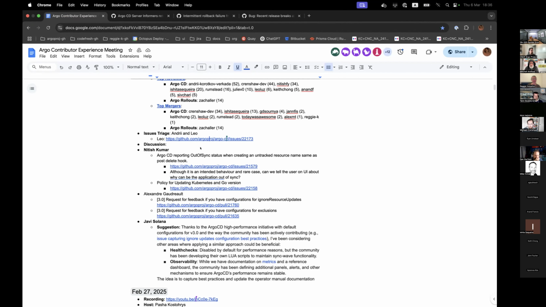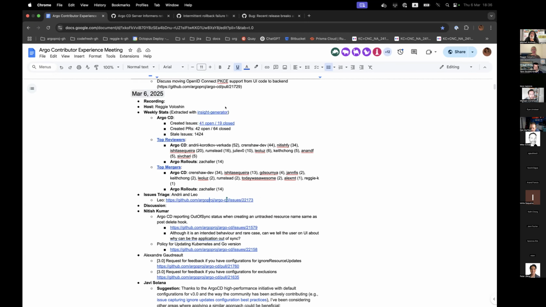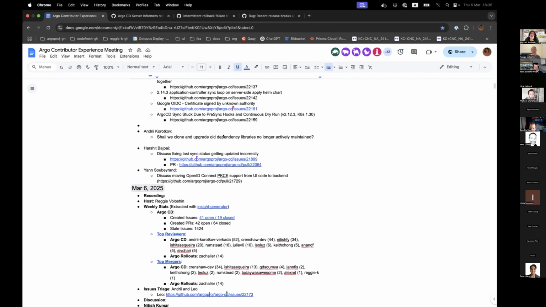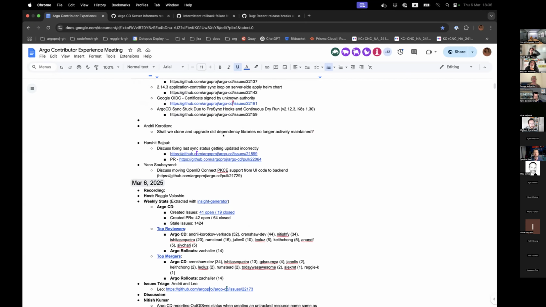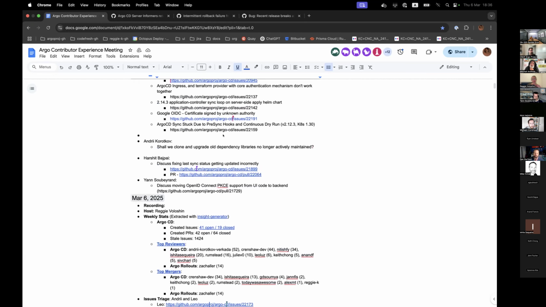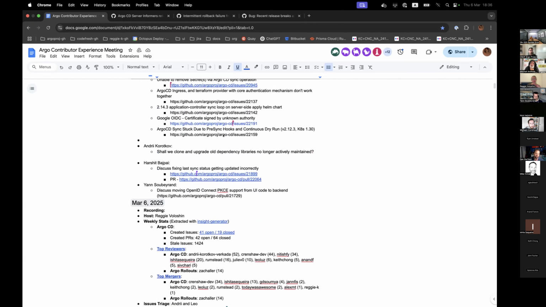Sorry, one more quick item I just want to bring up. While doing some maintenance work, I found that there are some libraries from like 5+ years ago which are not really maintained but used by us. Some of them are pretty simple and don't even have external dependencies, but some have maybe one or two external dependencies. Should we just replace them, or should we create forks in Argo Proj for those repos? I can go into more detail offline, but I just wonder if you've thought about this, and is the idea of creating forks reasonable in general or not really?